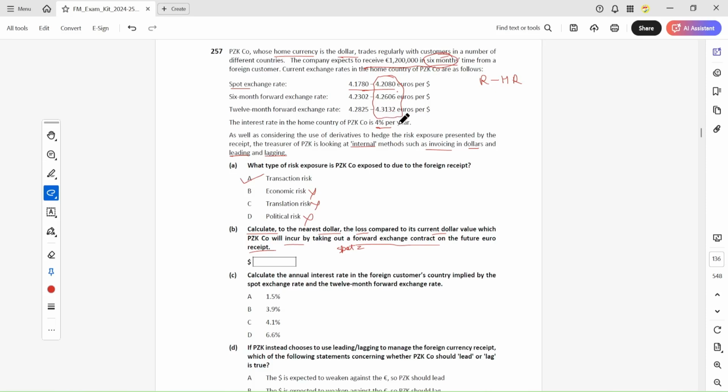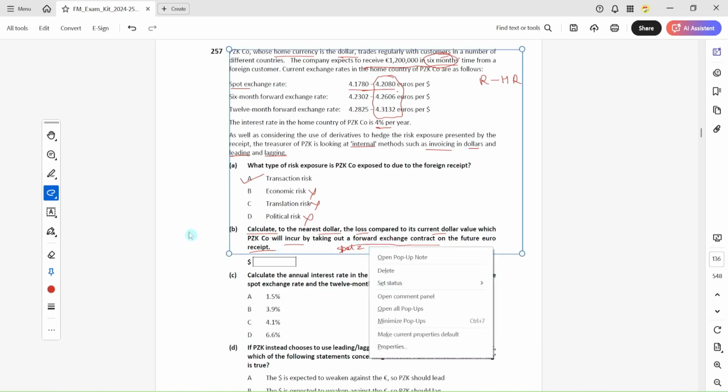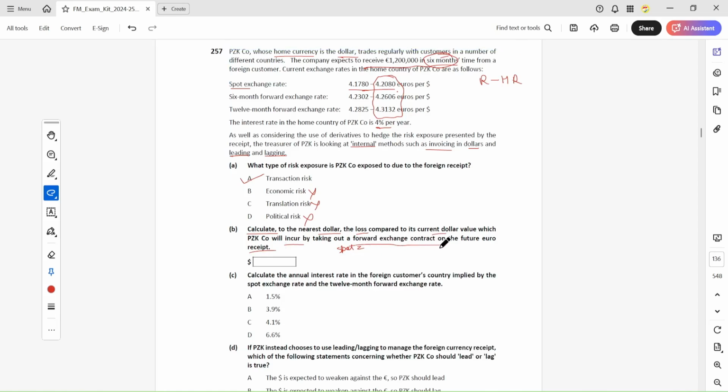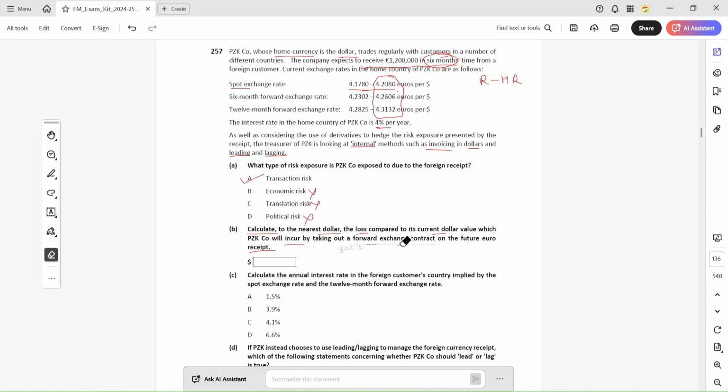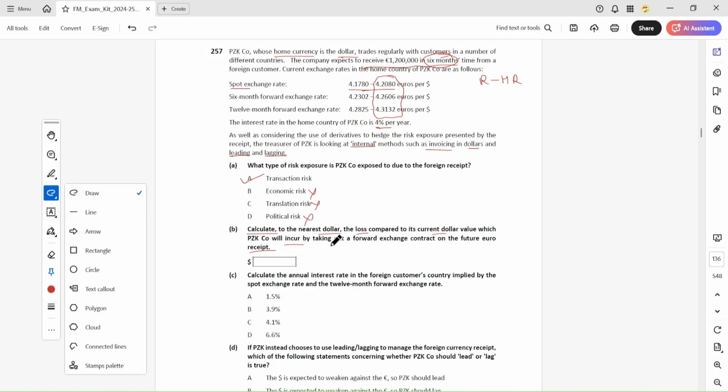As per spot, we will receive this much. At spot, we will receive 0.80